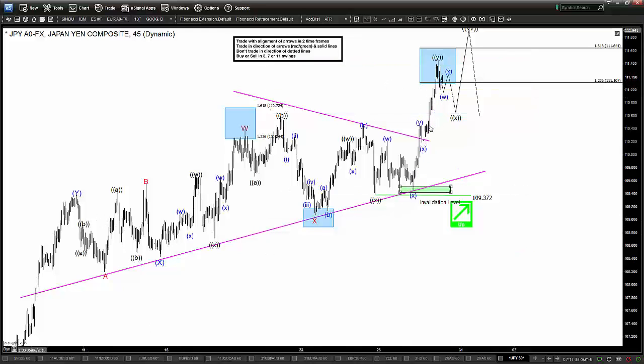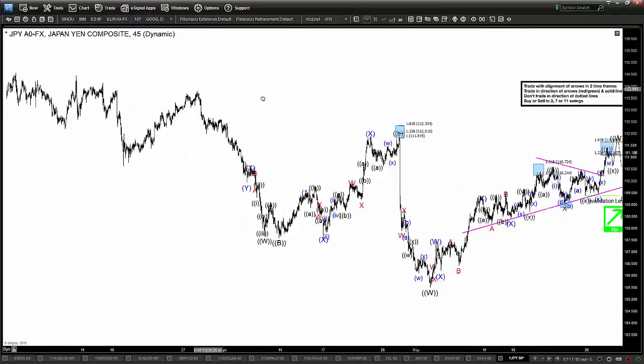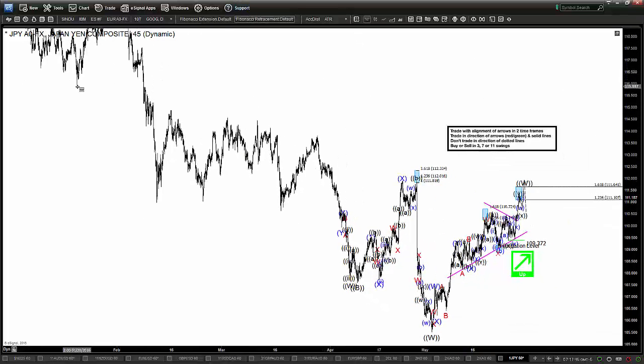Now, the important thing for us to note is that the dollar yen is now running into resistance and our original inflection zone that has continued to take this market lower over the near term. Drawn from the 115.97 low here